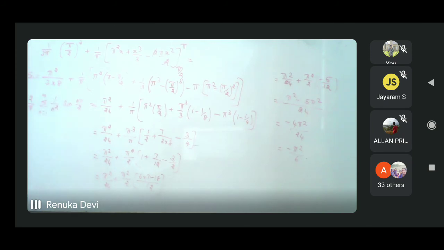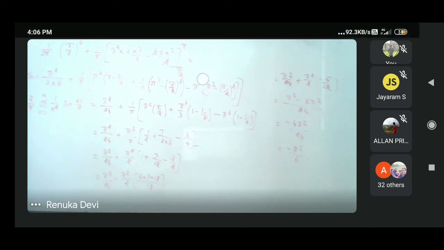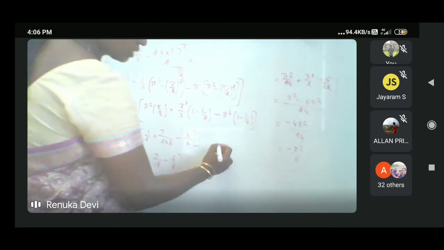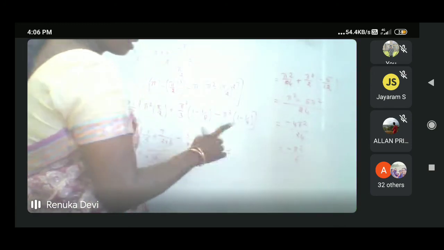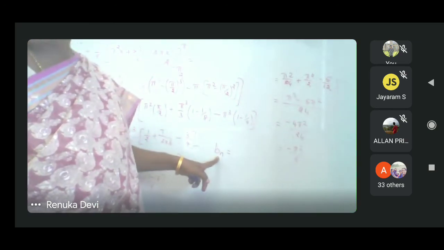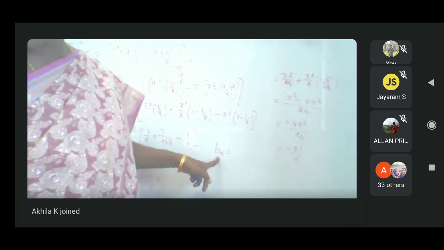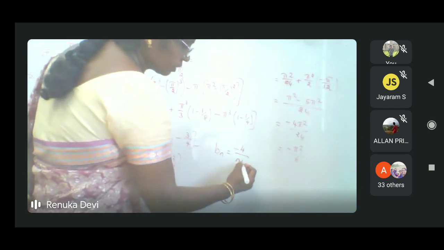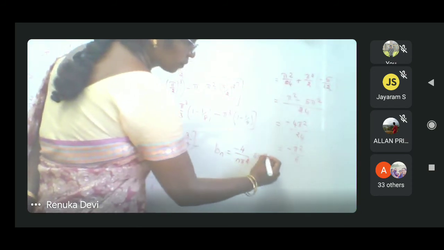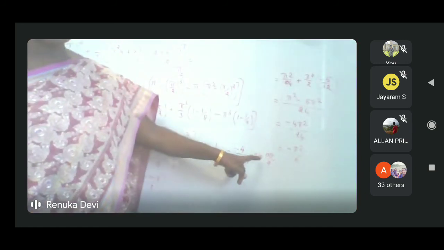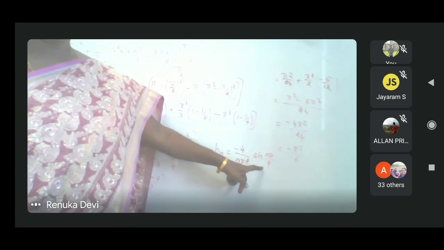What is the left hand side here? What is our Bn? Because in the formula we have to use Bn squared. We just write what is Bn? Minus 4 by n pi squared. Is it okay? Is this our Bn? Bn equal to minus 4 by n pi square sine n pi by 2. Is it okay?